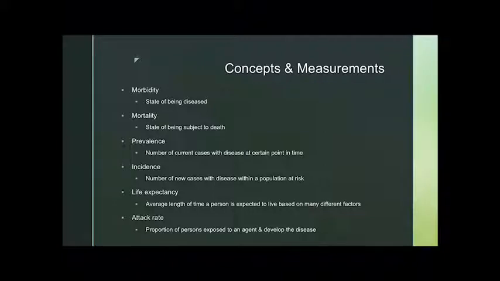This is usually, well, not always, but oftentimes this is something that we refer to when we talk about foodborne illnesses or foodborne outbreaks. So it's a fraction, again, a proportion. It's thinking of how many people were exposed to an agent, such as a bacterial or viral agent that could cause food poisoning. Let's say you're at a restaurant on a given night and that agent is there. So how many people have been exposed over how many people actually develop the disease, develop symptoms and become infected. That would be your attack rate.